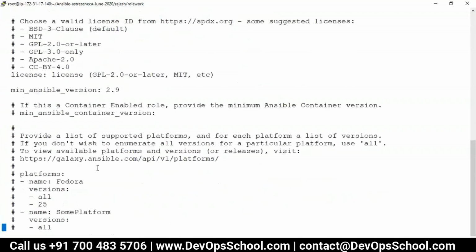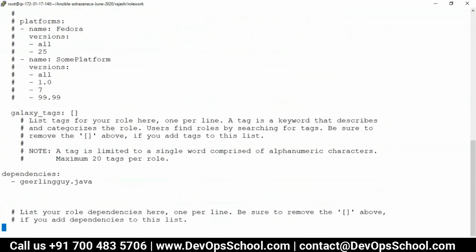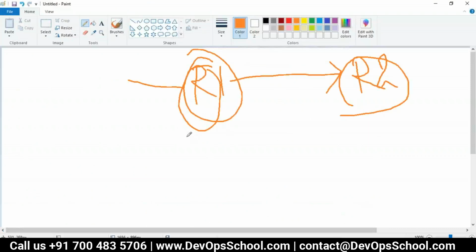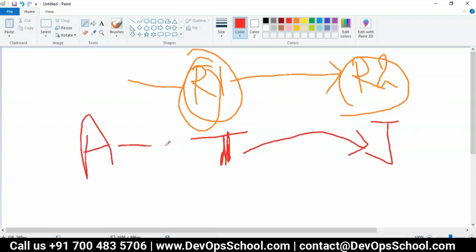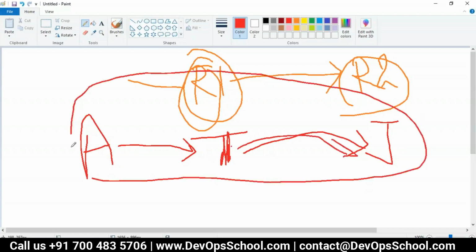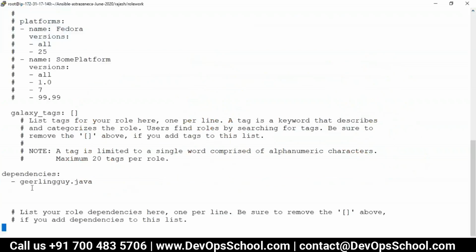So here it is. What is happening is the same thing which I said. Let's talk about our scenario. This is the web. Now I don't want to run web and Girling guide in sequence. I want to have dependencies out of it. So let's say I'll put it this way. Before Tomcat, you need Java, correct? Tomcat you are installing, but before that you have to install Java. Let's say applications require Tomcat, and Tomcat requires Java, like this. So this is the dependency you can set up. That is what I did.